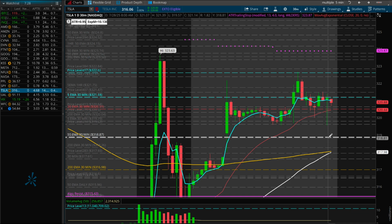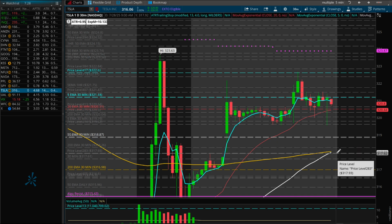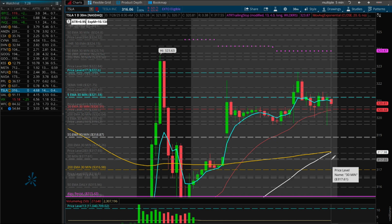Should we break that, we could very well come back to 318.87. Again here at 318.26, y'all see the 200 EMA, 50 EMA, and a level that I have here at the 317.93 area. So this could be a strong support area for us for Tesla. Again, not financial advice. However, should we break this, there's a next level at 317.61